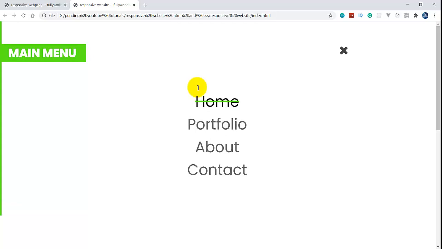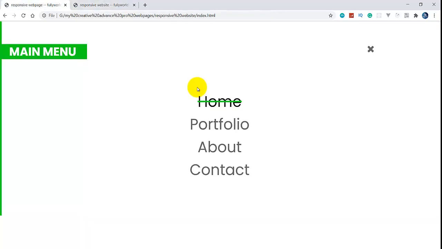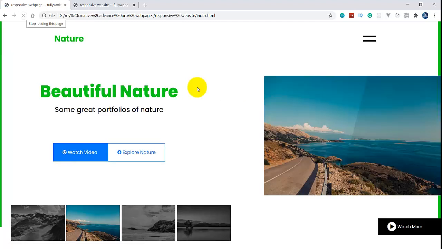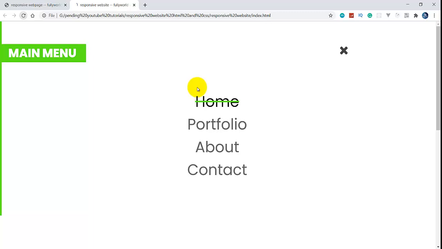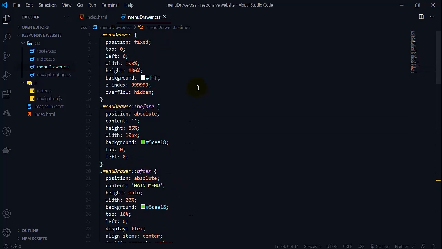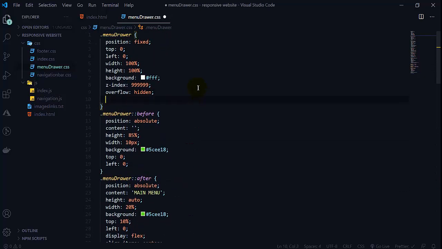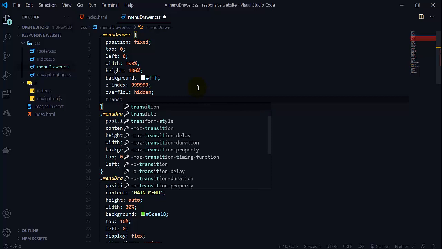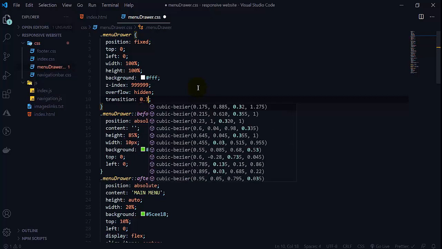So whenever we reload this, see that by default our home page is not coming, the menu drawer is coming first. But we don't want it like that. So here in the CSS we will set transition 0.3 second linear.